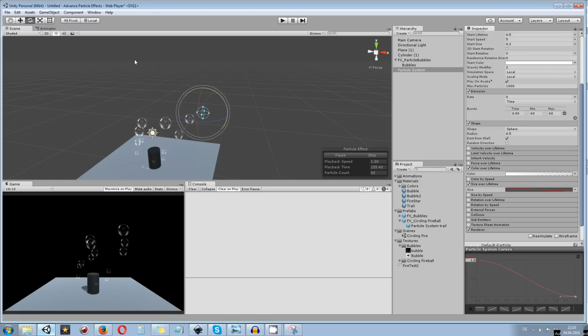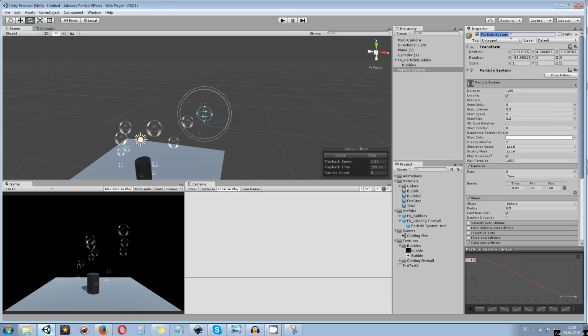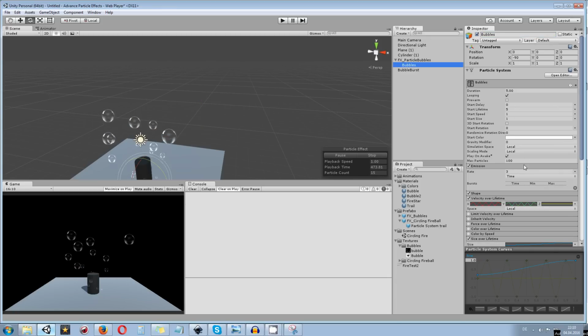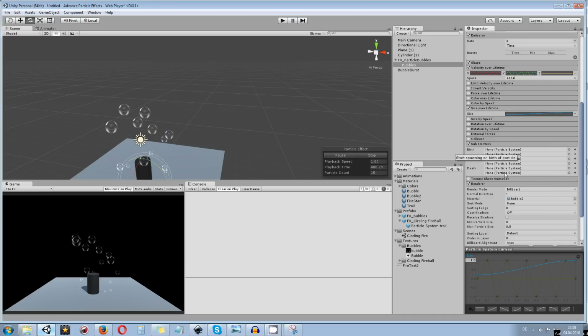Okay. So what we do now is we want to rename the particle system for this one in here. So it's going to be the bubble burst. And in the bubbles itself, we want to create a sub-emitter. And the sub-emitter is going to be the bubble burst. So make sure that you enable sub-emitter. On death, you can also use collision when it's colliding with anything.